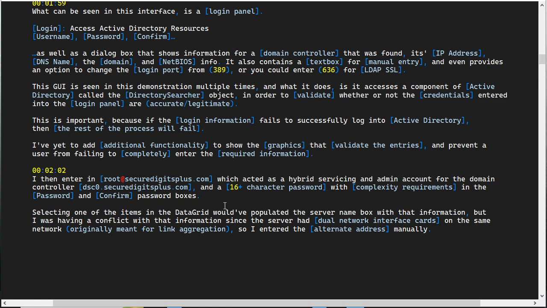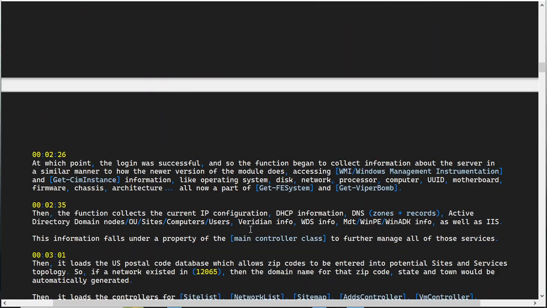Selecting one of the items in the data grid would have populated the server name box with that information, but I was having a conflict with that information since the server had dual network interface cards on the same network, originally meant for link aggregation, so I entered the alternate address manually. At 2 minutes and 26 seconds, the login was successful, and so the function began to collect information